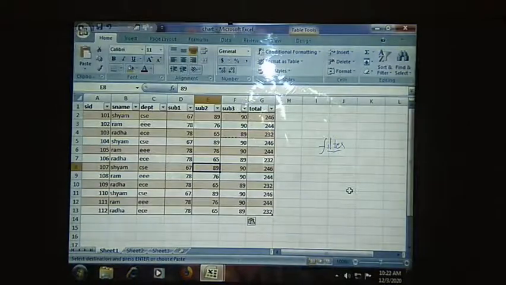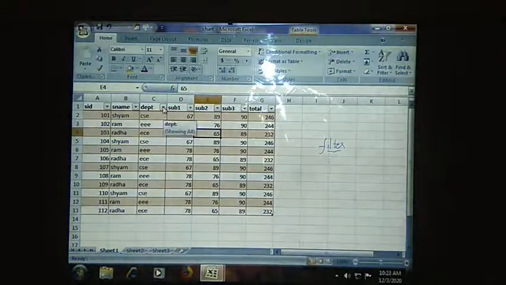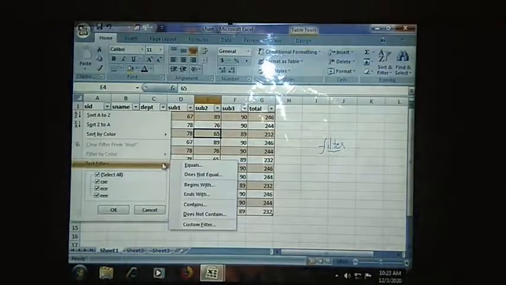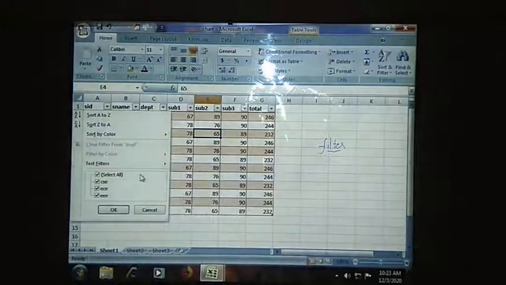As you see, in this particular department column, I will be having filters. By default, when I have inserted my table, in the column header itself, I will be having the filters. I will be having the drop down list now. This is for sorting and filtering. Already we have seen about the sorting. And the rest of the part is your text filters. You can filter the data.